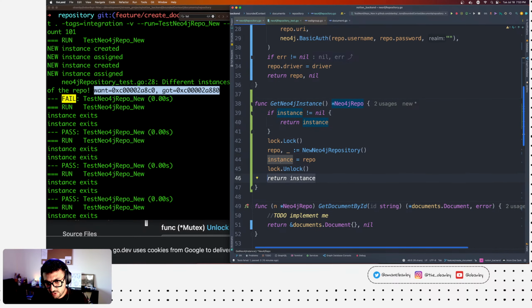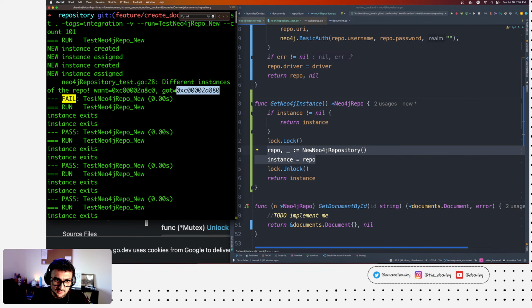So now the question is, if we're returning that instance and it is assigned, how could it possibly be that the other one is a different one?